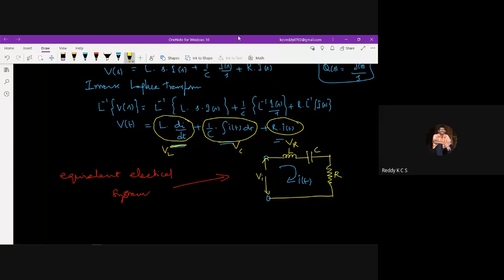The voltage through the inductance, the voltage through the capacitor, and the voltage through the resistor will be added, and then we write this equation. This is Vi of s. So that voltage will be written. I mean, this electrical network is written based on this voltage equation. So this is what we can call the equivalent electrical system, or analogous to the mechanical system given, by using the FE analogy. Similarly, we can calculate the FI analogy.